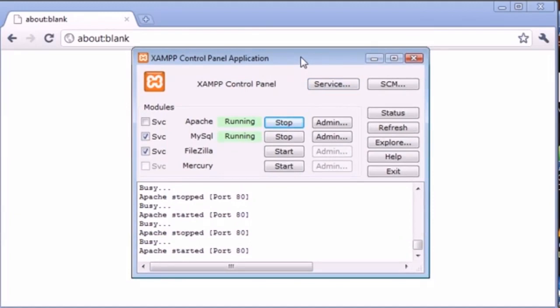I'm not sure what version of XAMPP I'm running at the moment, but it is a slightly older version. This video was recorded in 2011, so depending on when you're viewing this video, your control panel may look a bit different. Nevertheless, the control panel is available from your programs menu within Windows. So open this up, and what you want to do is make sure Apache and MySQL